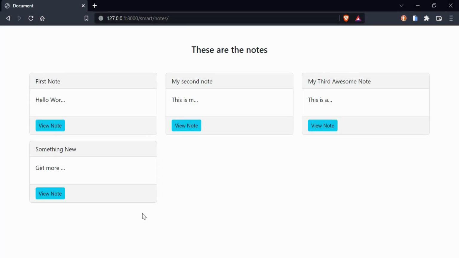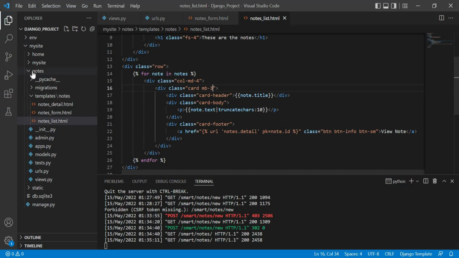There are more different ways how we can work with forms. Let's see how we can work with all kinds of stuff. Okay, so let's get to our VS Code here, and in the Notes app here, what we're going to do